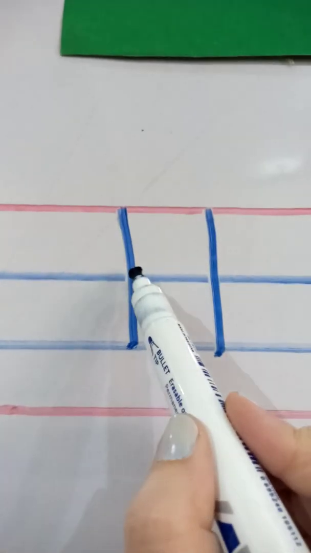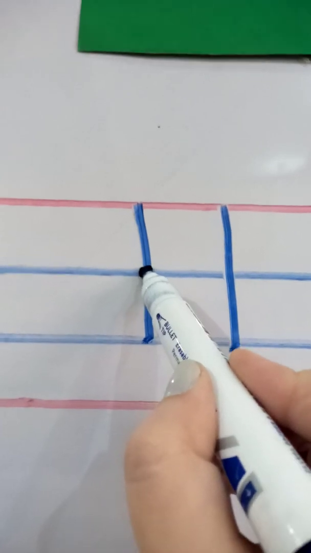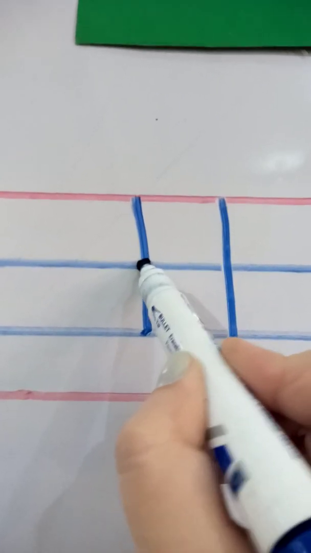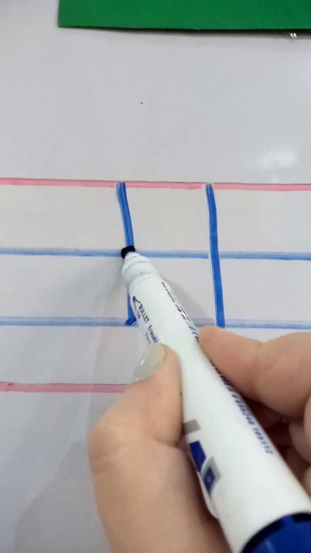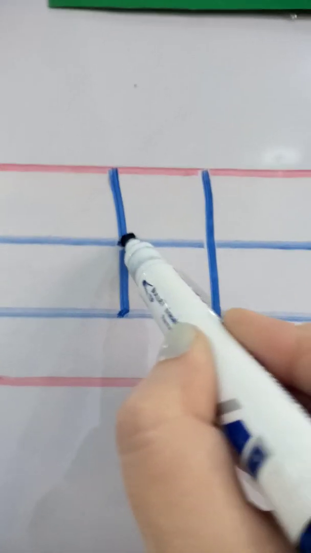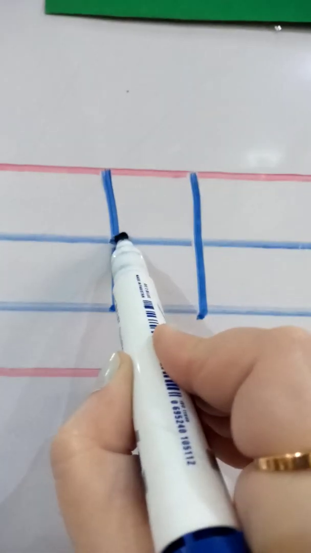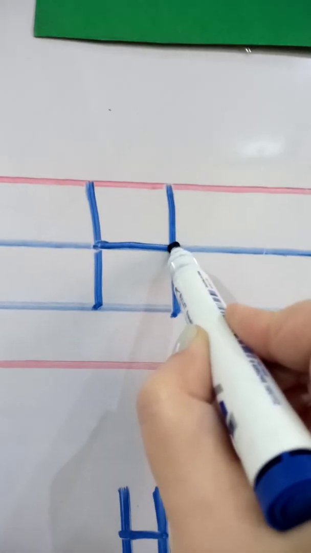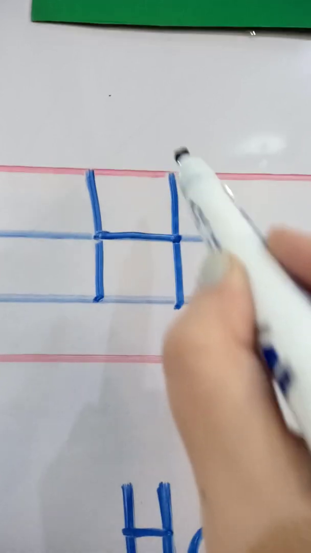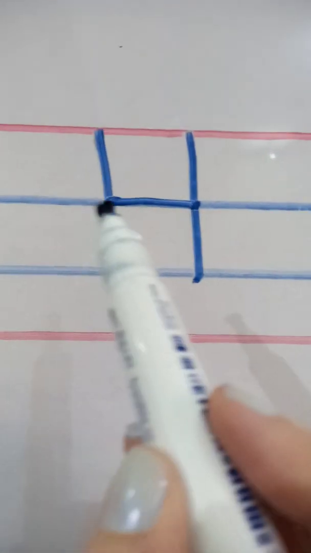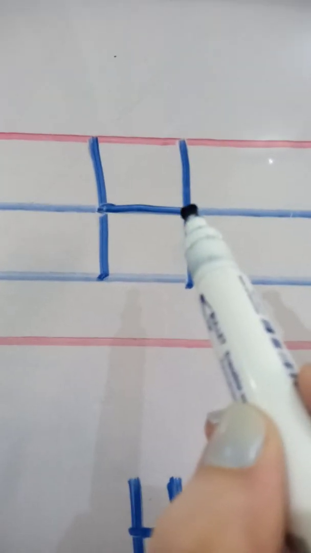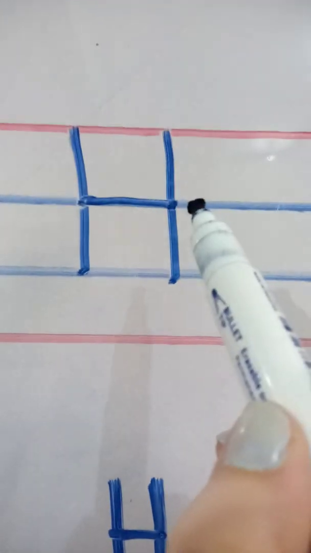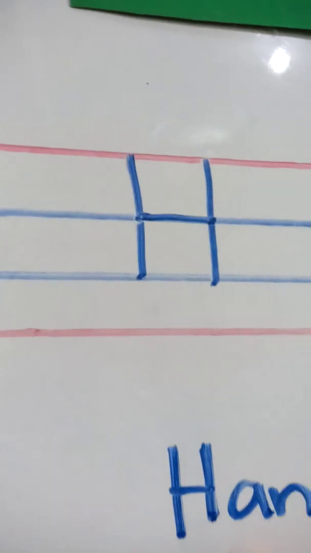Now put your pencil in the center on the second line, in the center of the first line. You can see that is on the second line. Then do a short line across and touch the second line that is straight. We have two straight lines and we have joined them together with a short line across from one line to another. That is capital H.